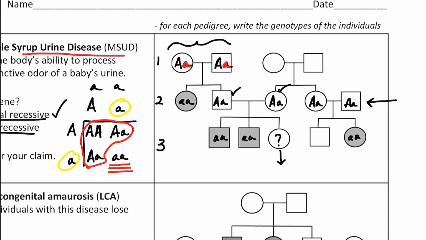So again, another understanding: how did we make carriers in the second generation right here? The only way to explain that is that the parents here are little a, possibly, or carriers. Now in this case, we probably could say that one of these two individuals could also be big A, because if you do that Punnett square and put a big A there, let's do it down here. So big A,